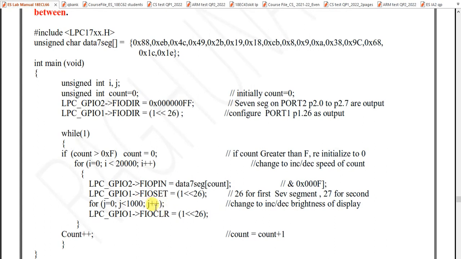And after that, we have to first set that value and reset. Okay, which segment are we displaying in? In 1, no? So GPIO 1 port number 1 pin 26 we are going to enable by making set, and call a delay for a small time,